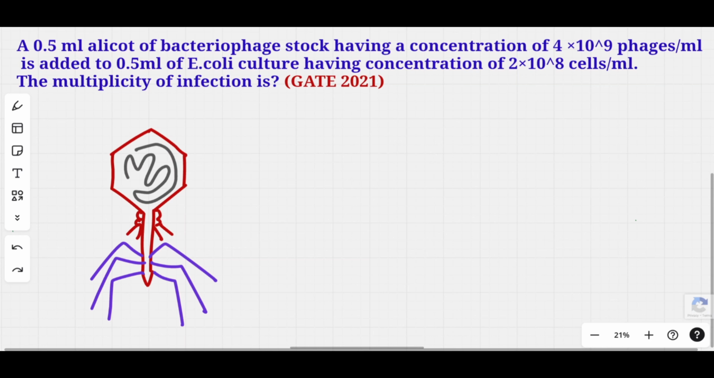Hello everyone. Let's start with our new question today. As you can see, this particular question was asked in GATE 2021. So, it is said that 0.5 ml